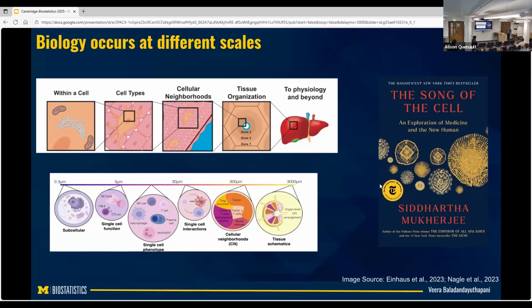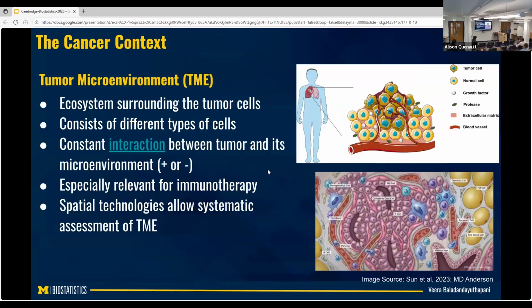Actually, I read this book. I started off reading it for fun, and this is by Siddhartha Mukherjee. This is the third book he's written, the first one being The Emperor of All Maladies, which is the history of cancer, and it actually ended up being a really nice contextualizing work as I was getting into this field. The book covers cellular therapies and what the future is, and how that's evolved over the years.